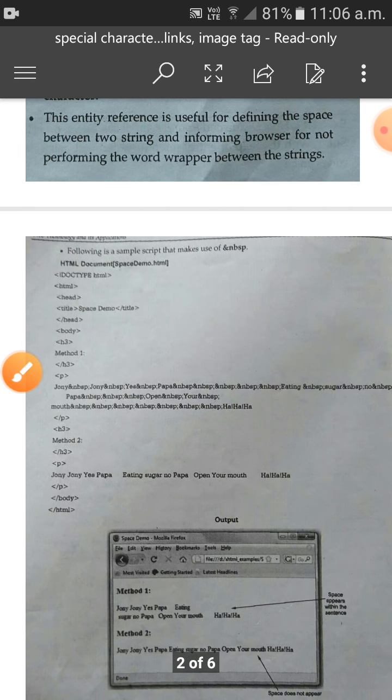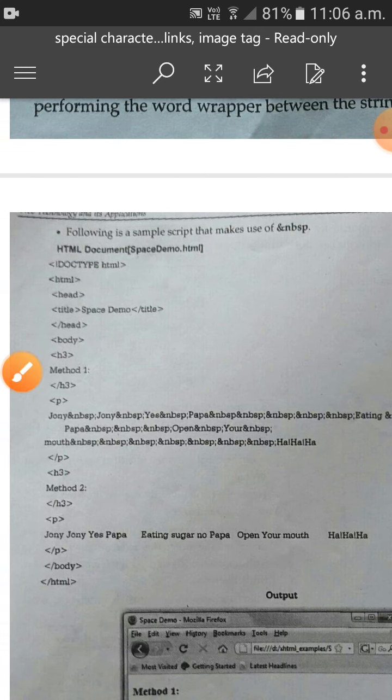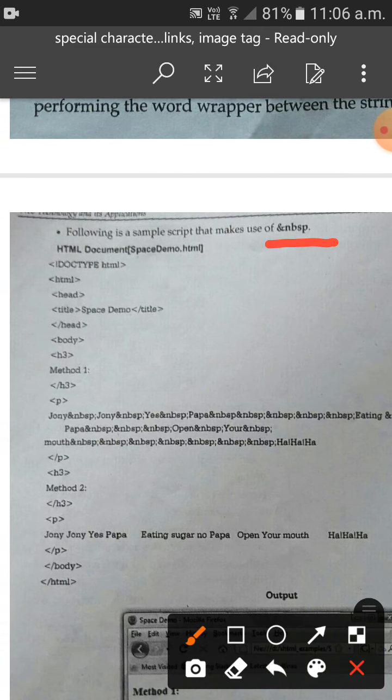This is an example of using NBSP, a sample program to demonstrate ampersand NBSP. I mention the document type, then the HTML tag, the root tag which contains the other elements of the HTML document.